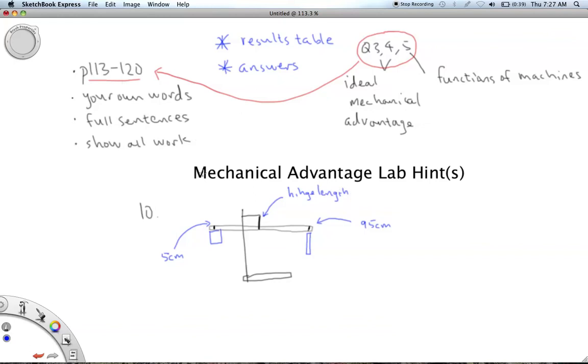Okay, now, let's say this one here. It looks like it was about halfway, so let's just assume it was about the 50 centimeter length. But as you remember from the lab, it definitely adjusted. Okay, now question 10 says, when the mechanical advantage is greater than 1, so again you have to look at